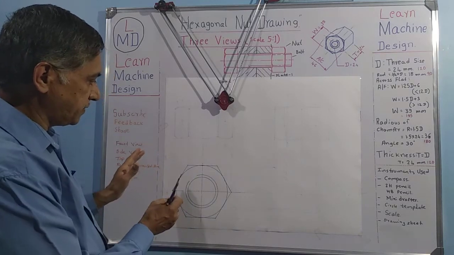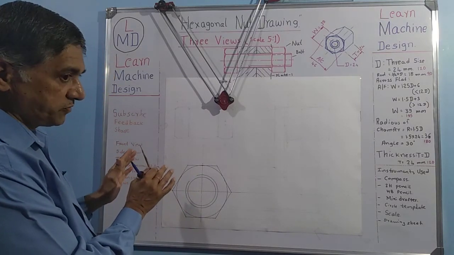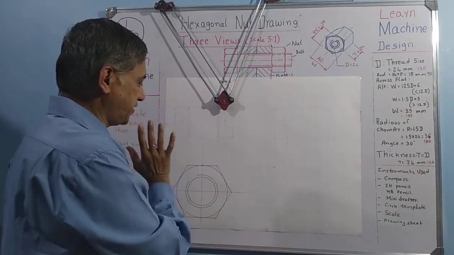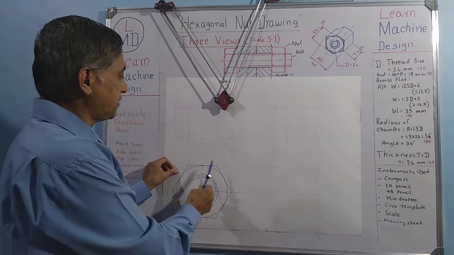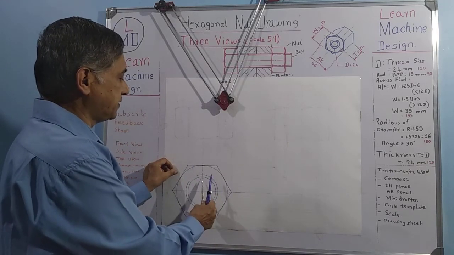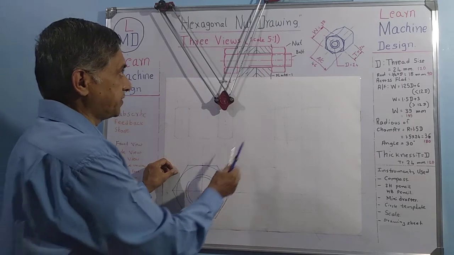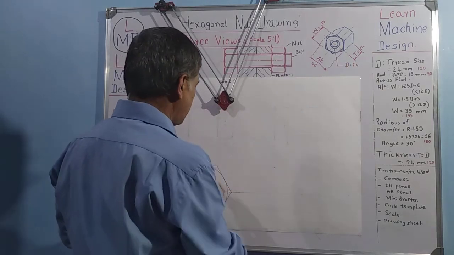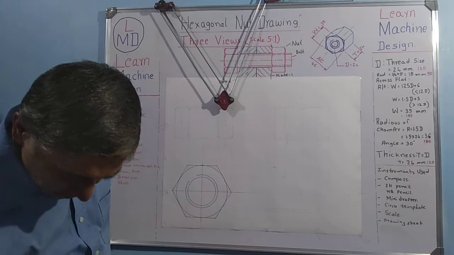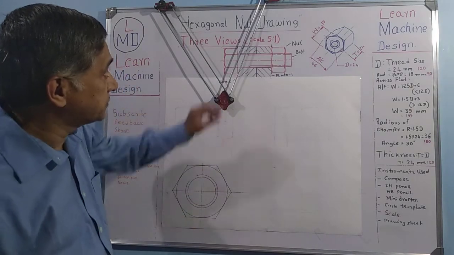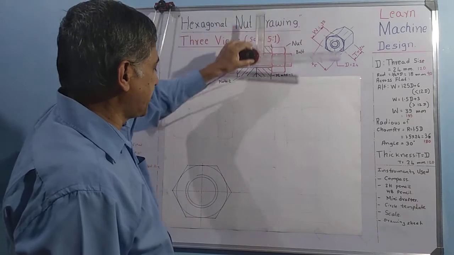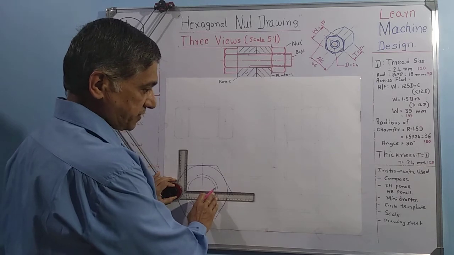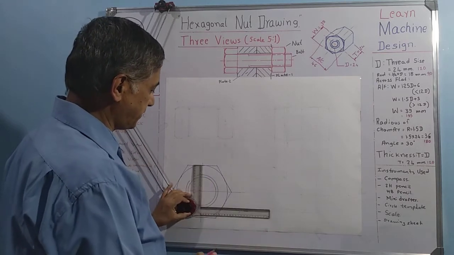Okay, one of the important views is ready. Now this side view is ready. See here the 6 space, this internal thread dimension and this circle. This is drawn. By taking this as a reference, we have to use this mini drafter and recheck it. Is my mini drafter firmly and accurately set or not? Recheck it.